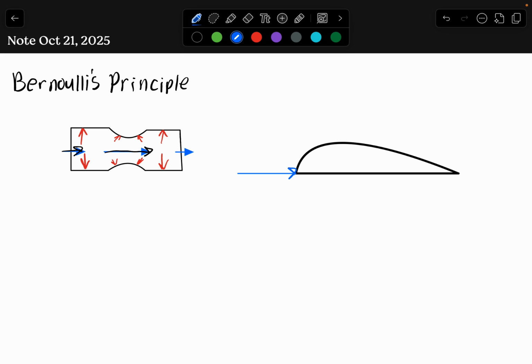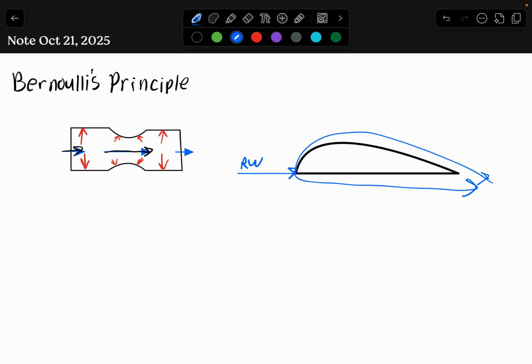So we have relative wind traveling this way, and relative wind, all it is, it's wind that travels parallel and opposite to the path of the aircraft. Now we have wind that goes up and hits the trailing edge, and we have wind that comes down and also hits the trailing edge. Now the airflow on the top, right,